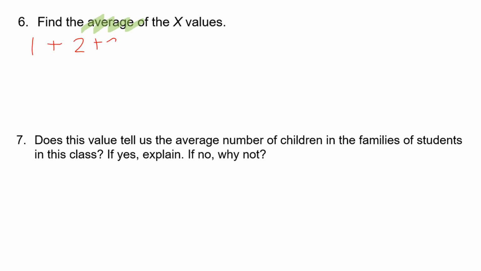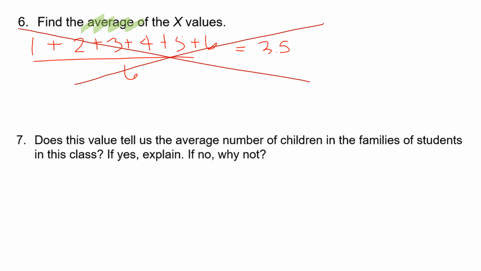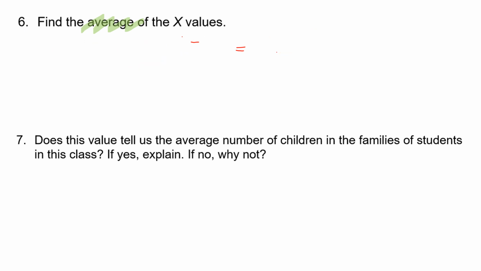If you were to just say 1 plus 2 plus 3 plus 4 plus 5 plus 6 and divide that by 6, that gives you 3.5. That is technically incorrect when we are trying to find the average of the x values, because we need to factor in the probability of each of those siblings, since they don't all have the same probabilities. So, using proper notation, I'm going to use mu sub x,